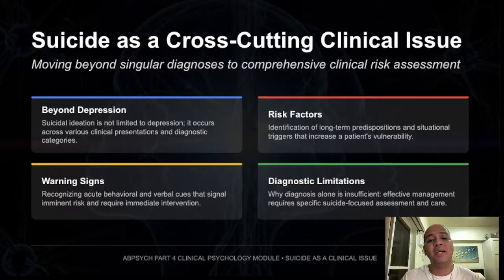Okay, we also look at past attempts, access to means. Okay, agitation, isolation, and protective factors. This is one of the clearest examples of why careful assessment matters. And the most important point here is simple. If suicide risk may be present, it must be taken seriously, directly, and without vagueness. This is not the place for guesswork, avoidance, or wishful thinking.